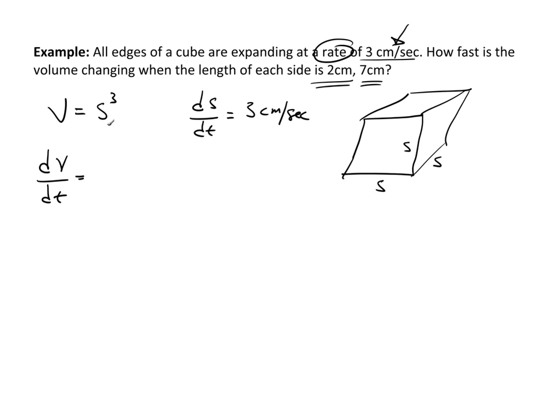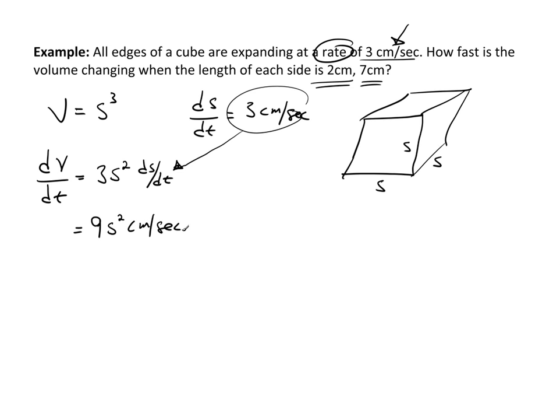Now, S is actually a function of t. So this will be implicit differentiation: dV/dt = 3S squared ds/dt, because S is a function of t. It's some type of implicit function of t. Now we know ds/dt equals 3 centimeters a second, so I can substitute that in, and that will give me 9S squared